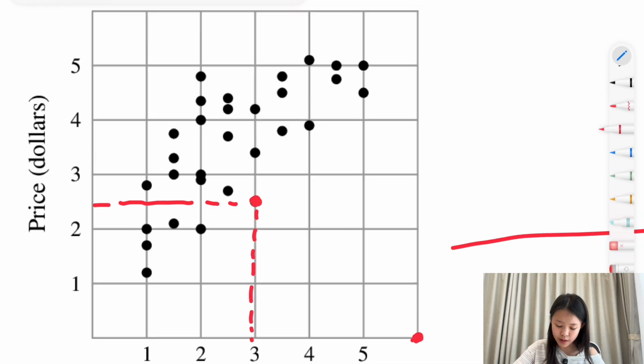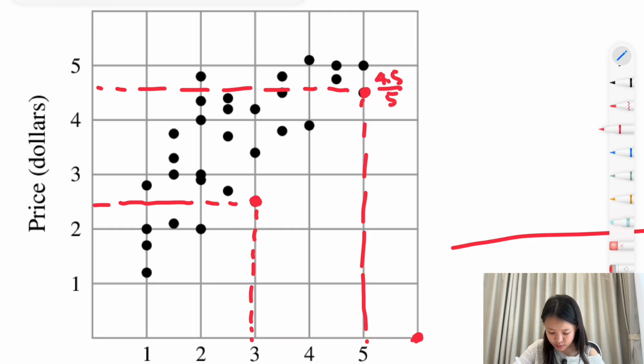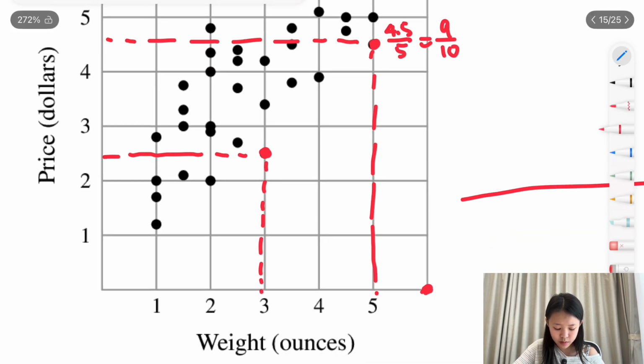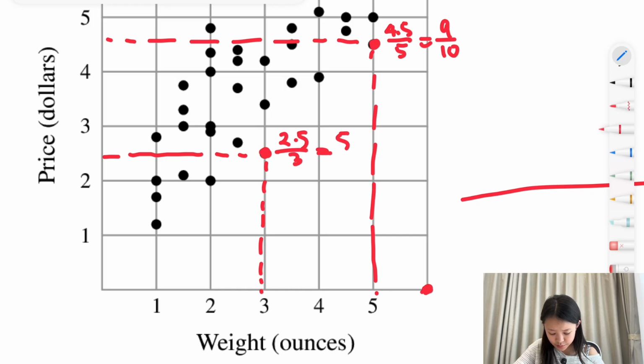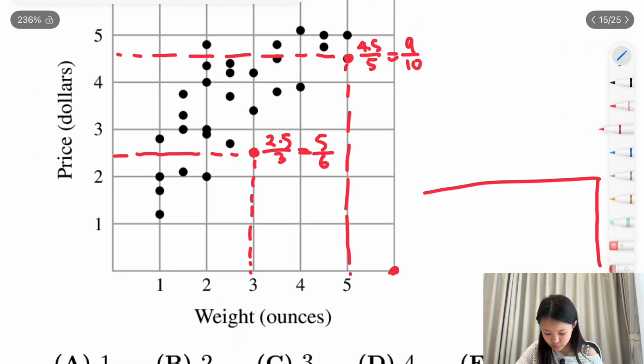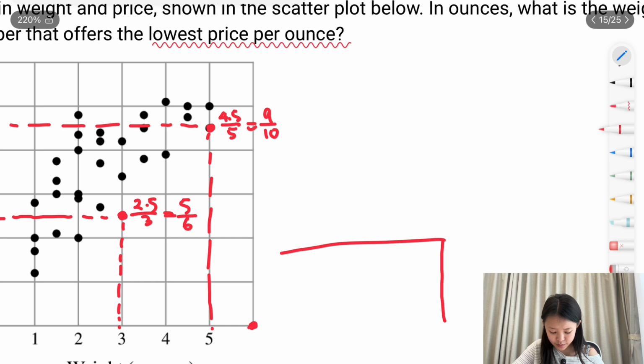And the second candidate you have is this one over here. So the price per ounce for this one would be around 4.5 divided by 5, which equates to 9/10. And for the one on the bottom here, it's 2.5 divided by 3 equals 5/6. And so if you want to compare these two, you have 5/6, 9/10